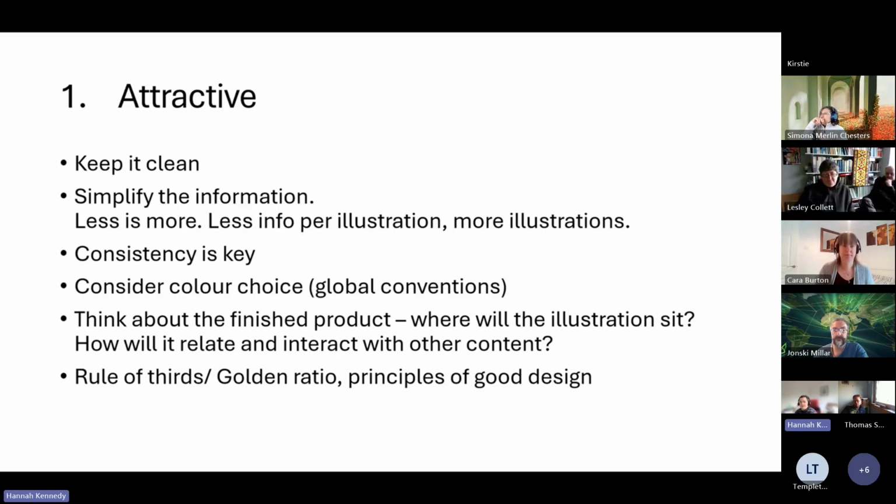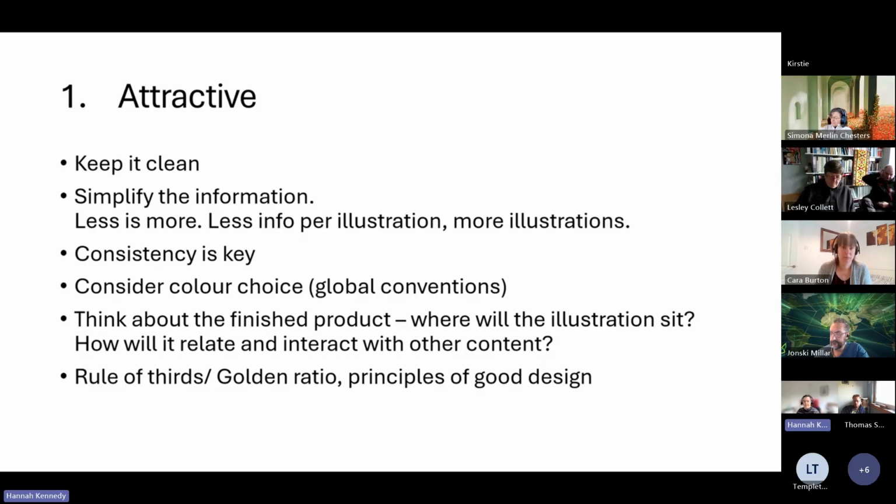Think about where your illustration is going to go. Your illustration is going to be part of a wider set of context almost all of the time. Very occasionally they will sit by themselves and you've got everything self-contained, but quite often we're illustrating to sit in reports, as I say, or on posters or in books. So in terms of creating that attractive appeal, if you've got illustrations in a book, for example, it's not just one illustration in a book, it's a suite of illustrations in a book, and it's going to relate to the other content. So thinking about how that illustration is going to sit with both the written content and the other